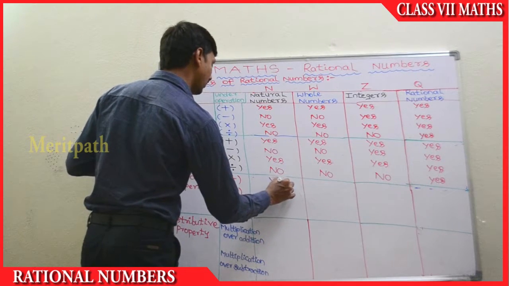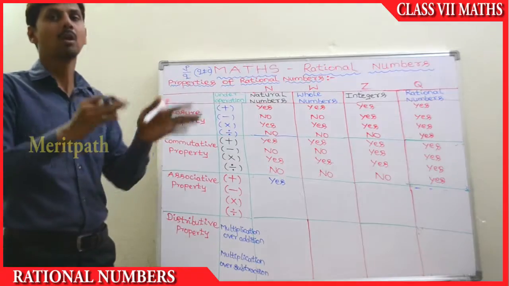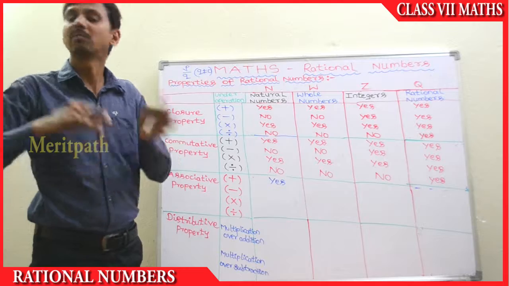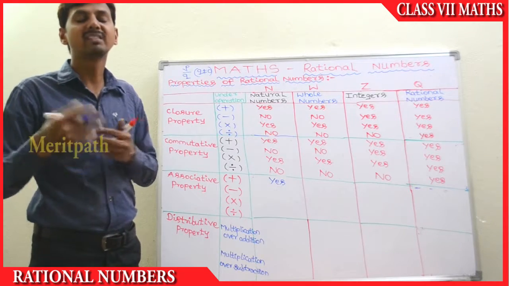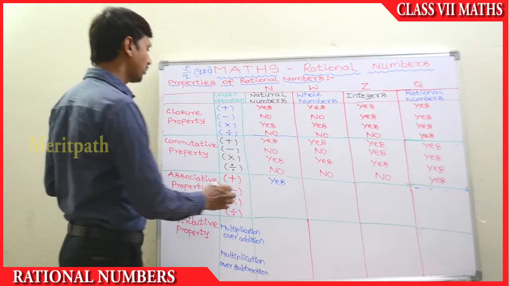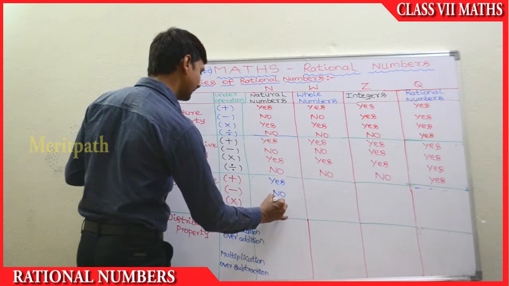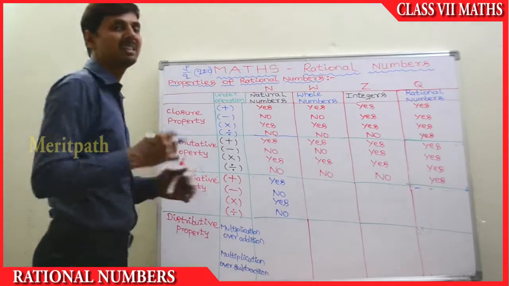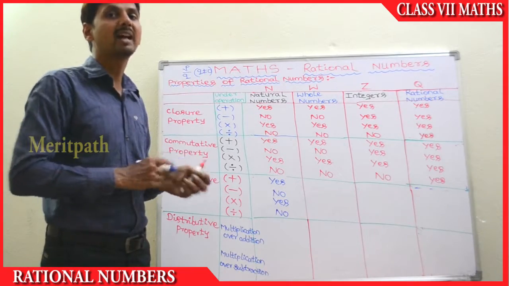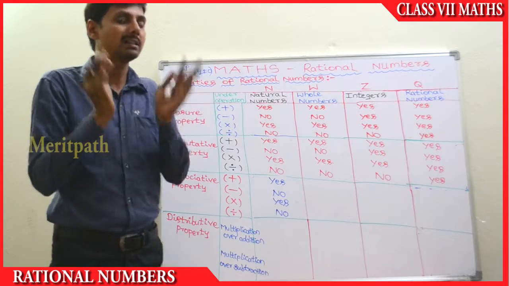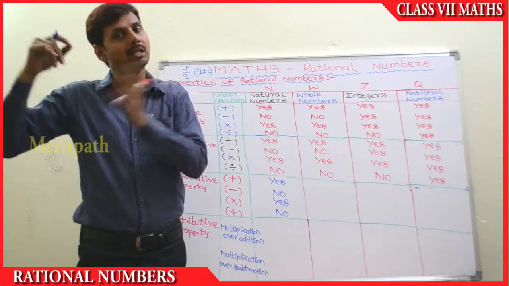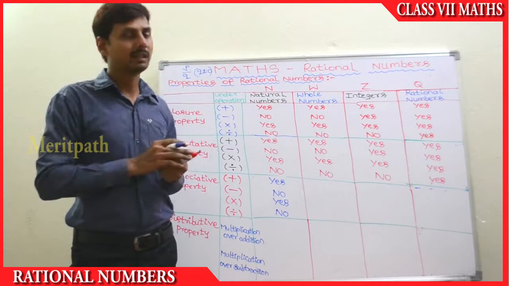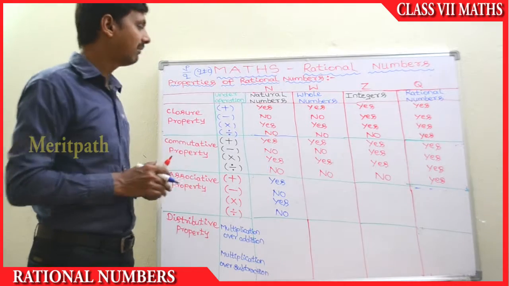Subtraction, when we try it, is not possible because 1 minus (2 minus 3) is not equal to (1 minus 2) minus 3. Obviously it is not equal when we simplify them. So it's not possible. No. Multiplication, yes, it's possible. Division, it's not possible. We take the same example. 1 divided by (2 divided by 3) in the bracket is equal to (1 divided by 2) in the bracket divided by 3. Using the BODMAS rule, we simplify both and they will never be equal. So we have to know that.